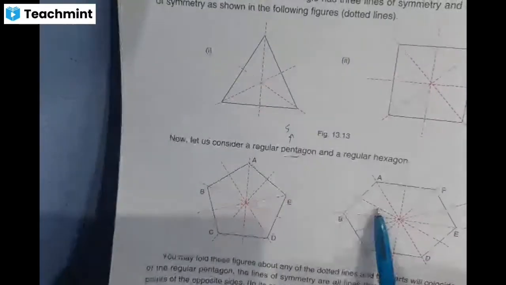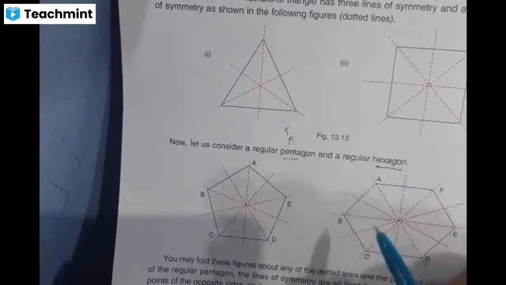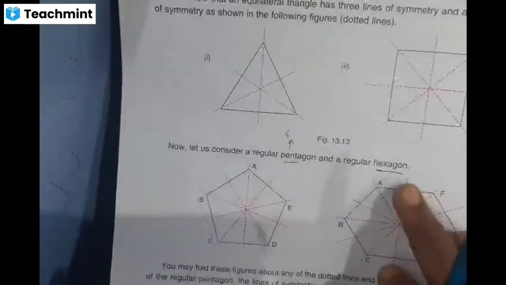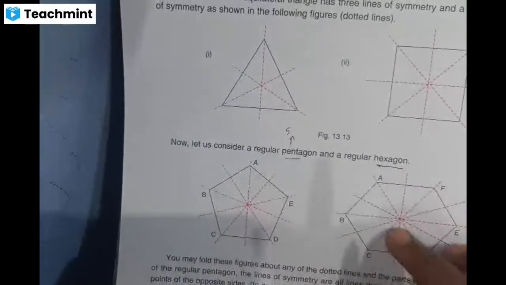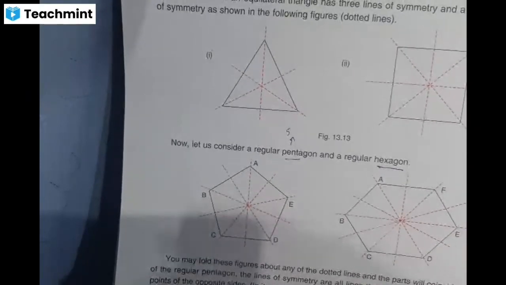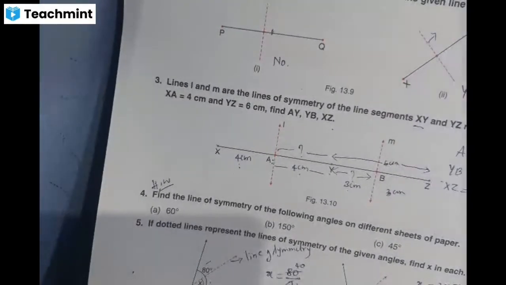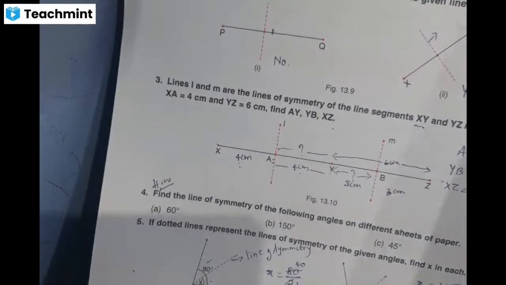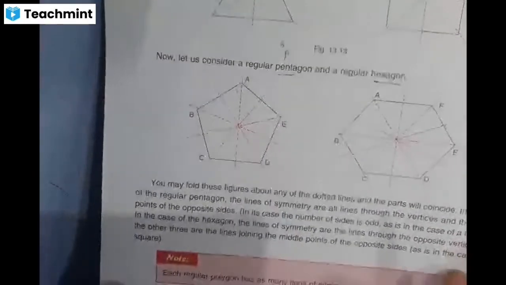Then, if a polygon has 6 equal sides, then it is called a hexagon or regular hexagon because it has 6 equal sides. So, based on the number of equal sides, we have different names for the polygons, children. For example, yesterday we were discussing the rhombus and a kite. In a rhombus and a kite, all the sides are not equal. Therefore, they are not regular polygons.